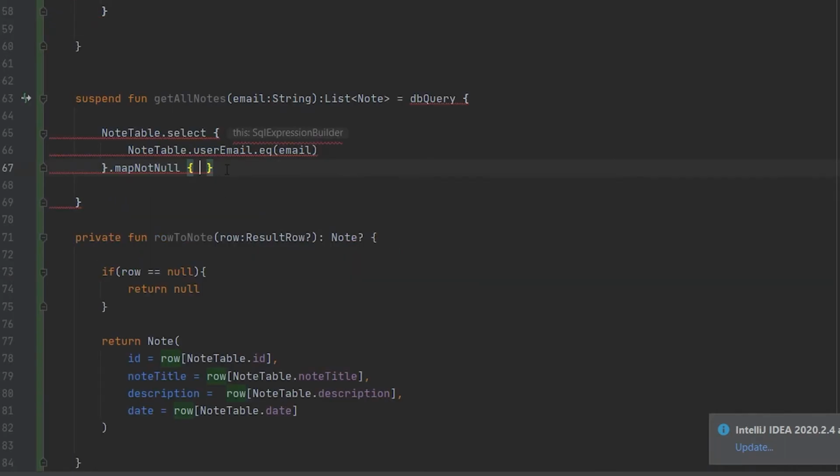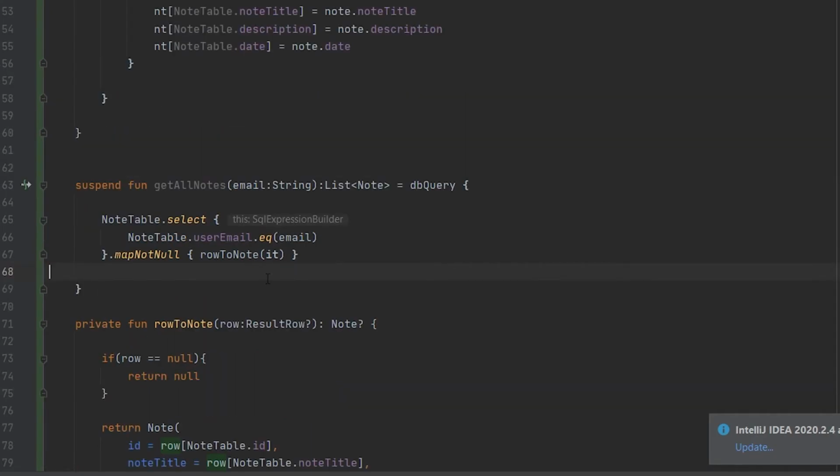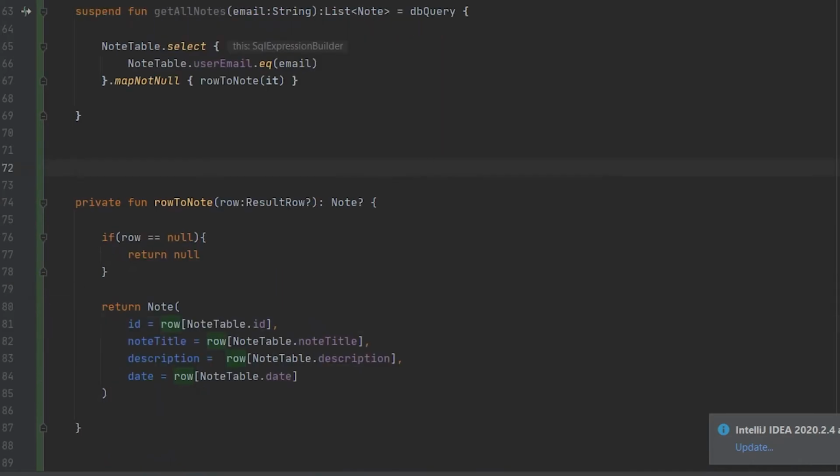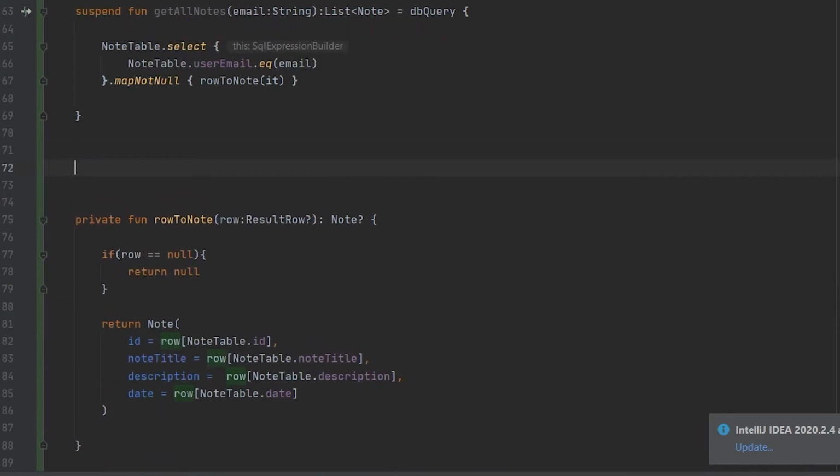And here we have to call this function, rowToNode, and pass 'it' here. So this was our getAllNodes function, and then we have to create a function to update the node.